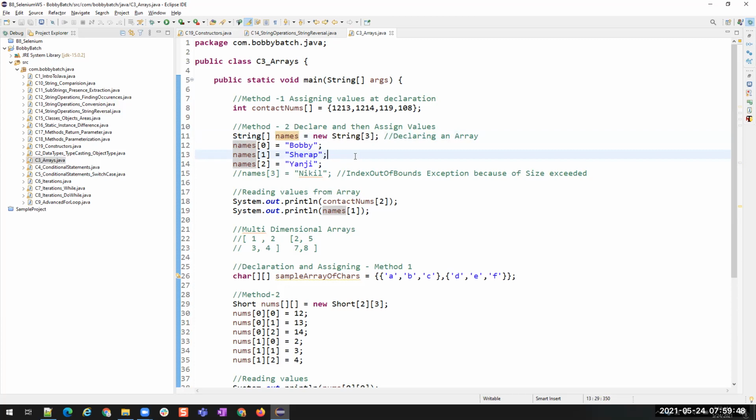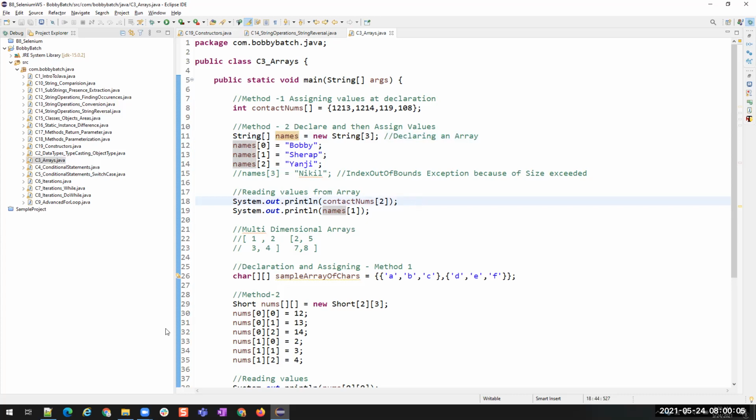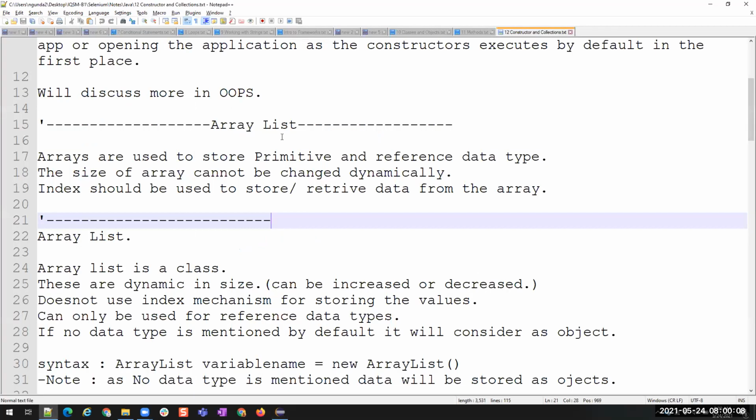Those are collections, where you need not mention the size in the beginning. It will dynamically calculate the size based on the number of values that you enter into that object. Okay, that is the advantage, or the difference between arrays and array lists.